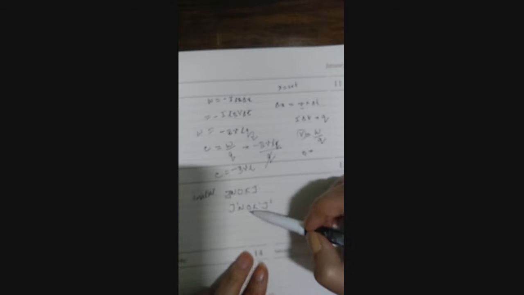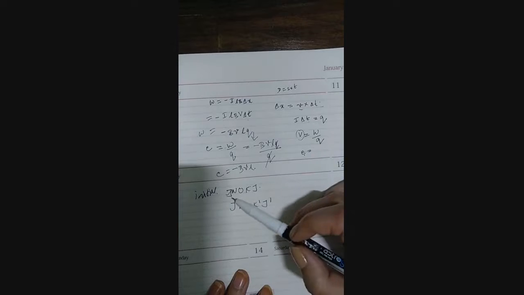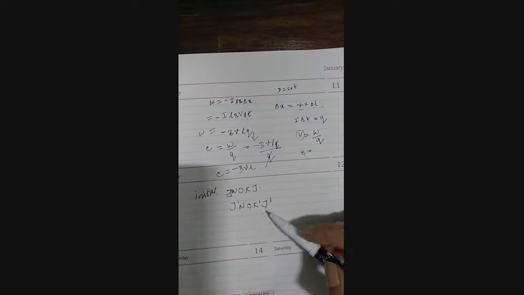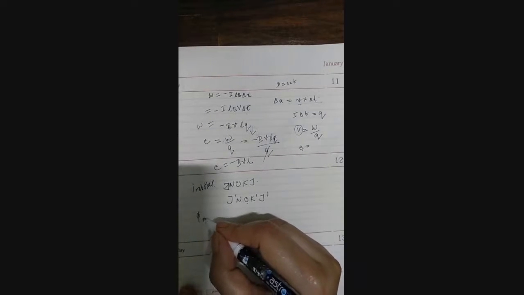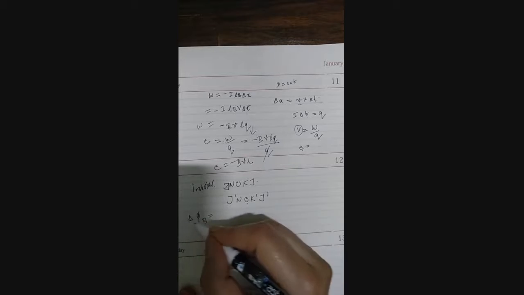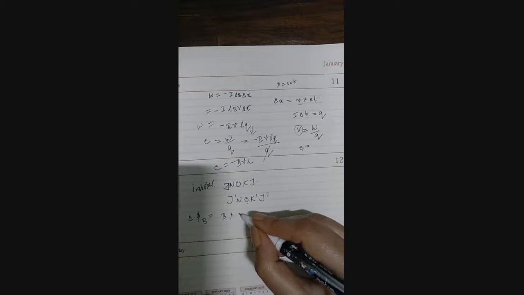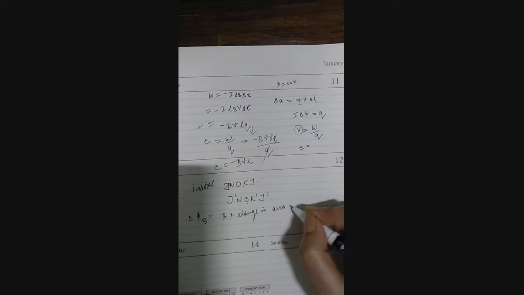So the change in flux, I have just written over here the initial area and the final area. The initial area was JNOKJ, final is J dash NOK dash J dash. So while changing the area, the flux changes. So the change in flux phi B will be the magnitude of the magnetic field into the change in area,